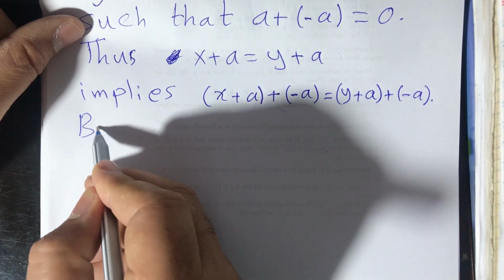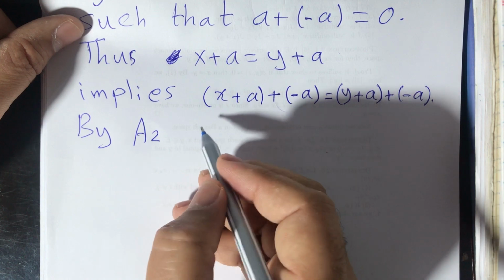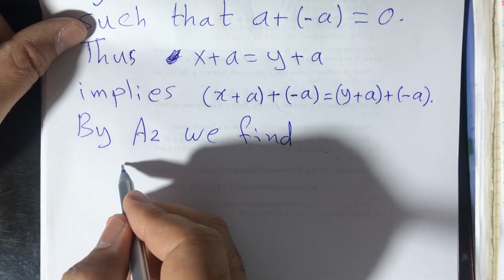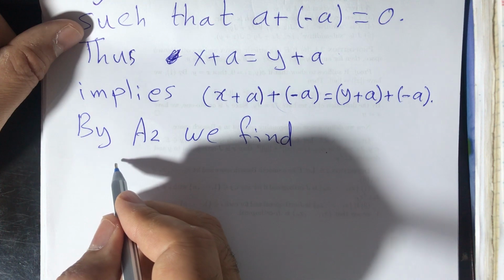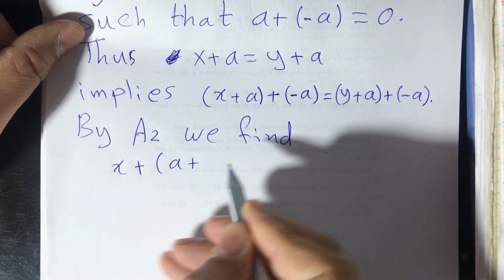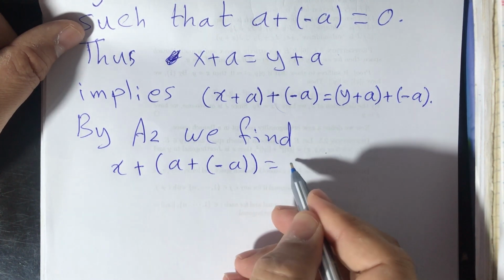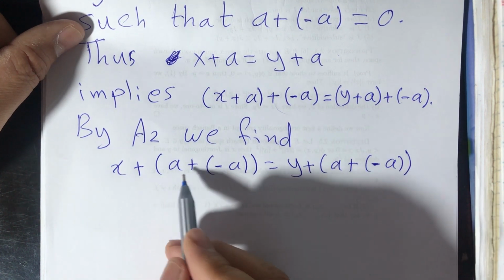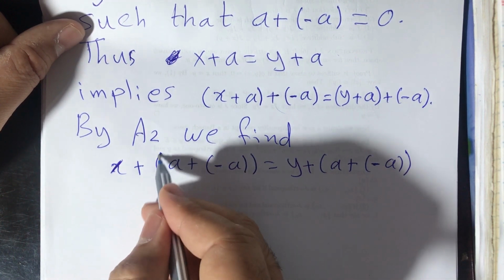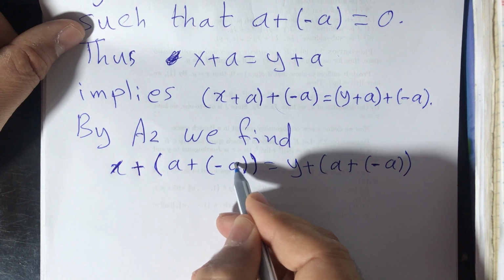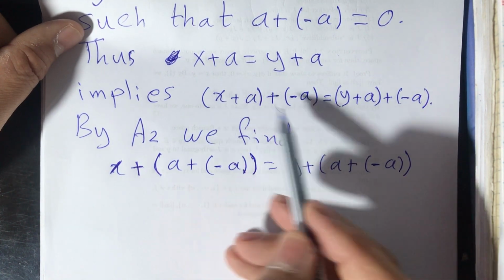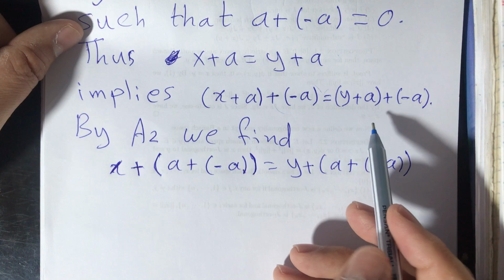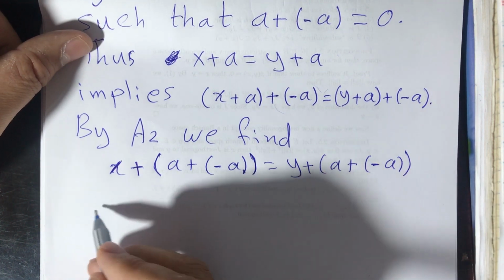Now, by A2, we find x plus a plus minus a is equal to y plus a plus minus a. This is by A2, associative. So we move these brackets here, and also these brackets we move here. This is associative, which gives